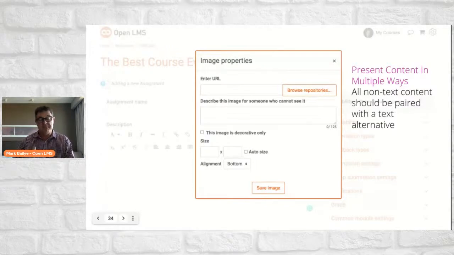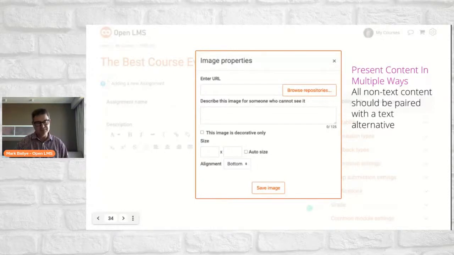So if people are unable to see the image, by the short text that you're putting in here, typically up to 125 characters, you're providing a brief summary of the intent of the image. If the description is longer than that, then it's best to pull it out of the alt tag and put it in the main body of the material, or